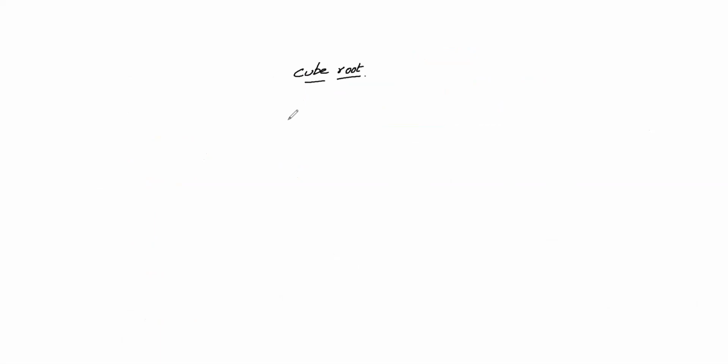Okay. Cube root. So in this cube root, again, there are two different terms. One is the perfect cube, and the second one is the non-perfect cube. Let's see the perfect cube. As usual, whatever we discussed in perfect squares, a similar thing will be there in perfect cubes also. To understand that, first we'll understand your cube values. So 2 cube is equal to 8. 3 cube is equal to 27. 4 cube is equal to 64.